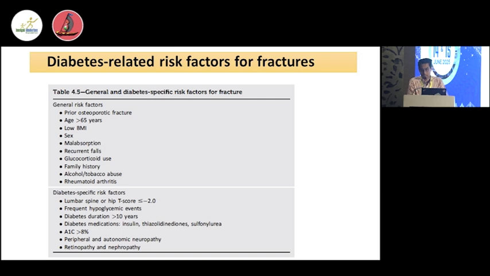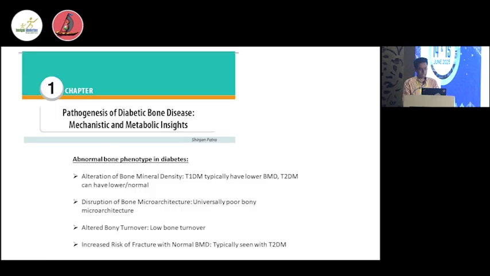Now, about the pathogenic mechanisms, there are some common between type 1 and type 2, and there are some specific to one of the diseases. So in type 1 diabetes, with insulin deficiency, they have low IGF-1 and GH resistance at the site of the liver. That is a very important mechanism for poor bone mineral density. Advanced glycation end products and reactive oxygen species are there in both type 1 and type 2. Increased RANKL activity leading to osteoclastic activation in type 1. Decreased osteoprotegerin activity leading to poor osteoblast generation in